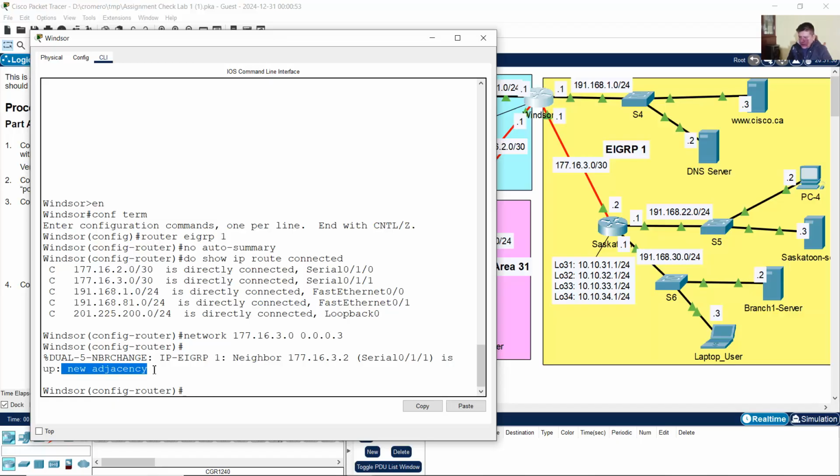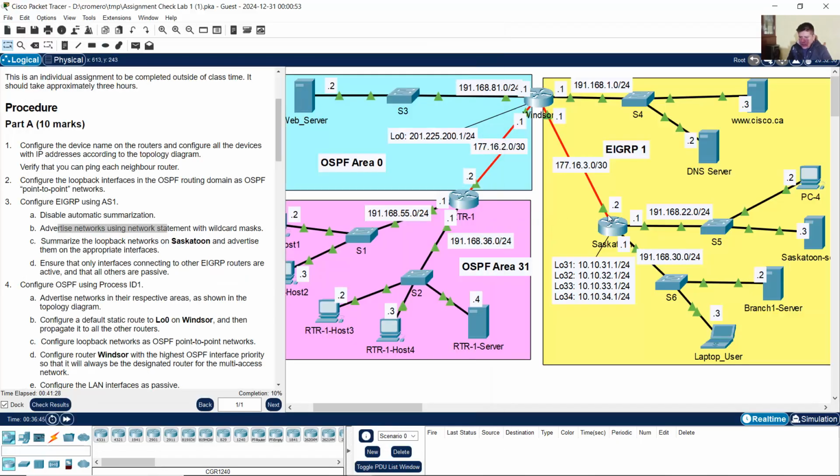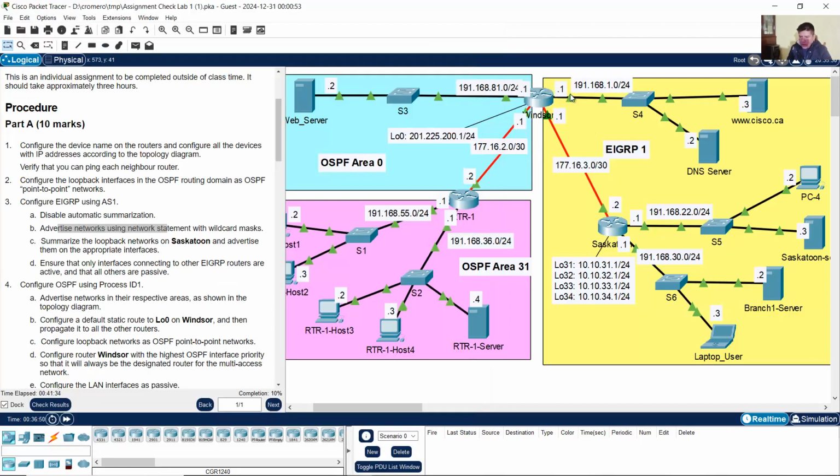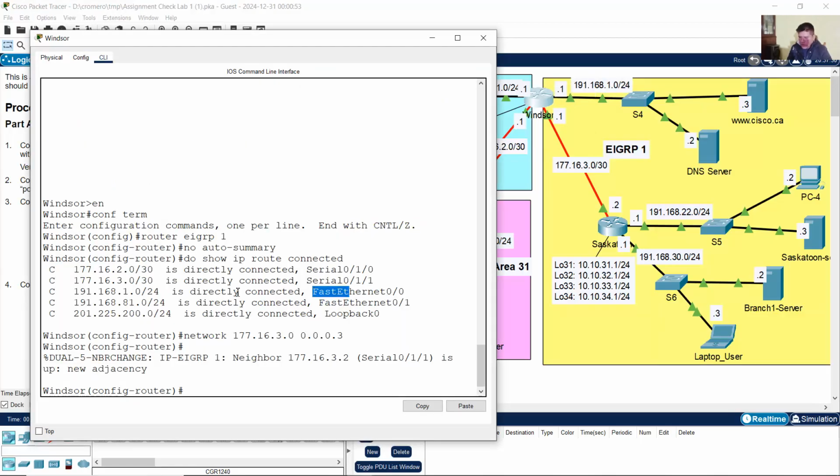New adjacency, obviously. Saskatoon is the new adjacency. And don't forget Fast Ethernet 00, this network